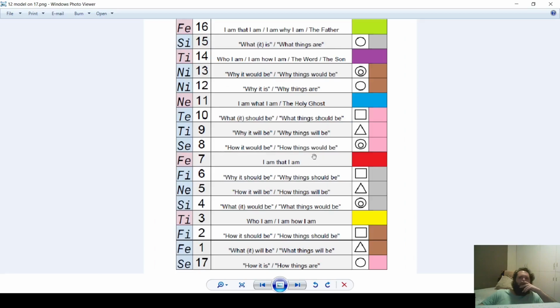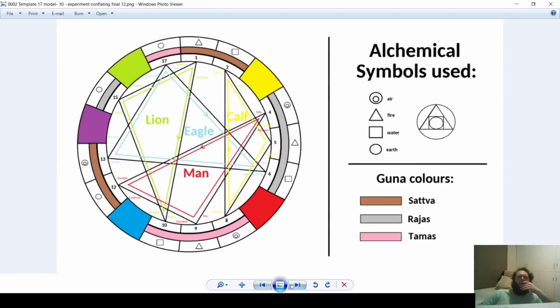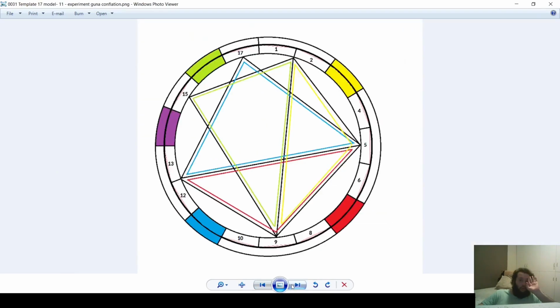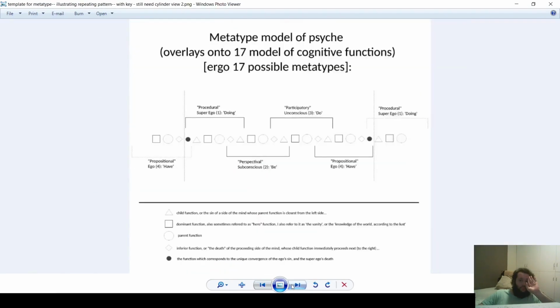I don't know why I didn't write the blood here. Dimension 7 is the blood. But anyway, okay, let me not look at that. Sorry. Okay, so